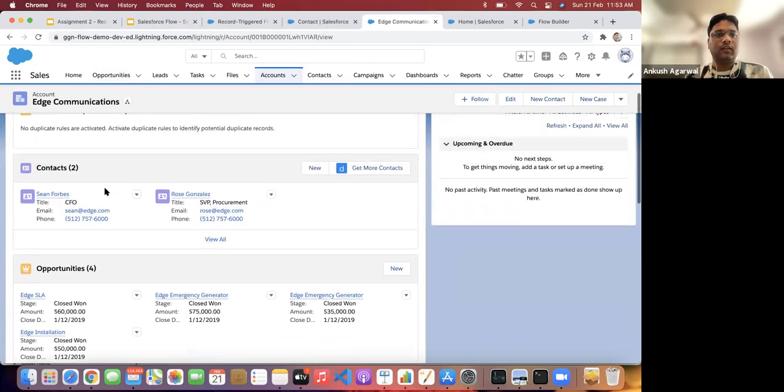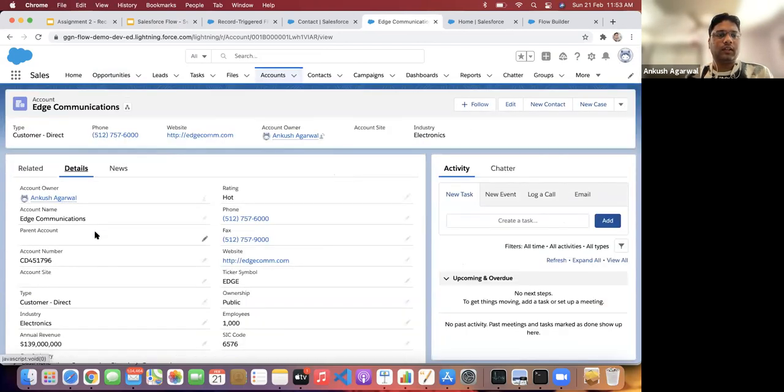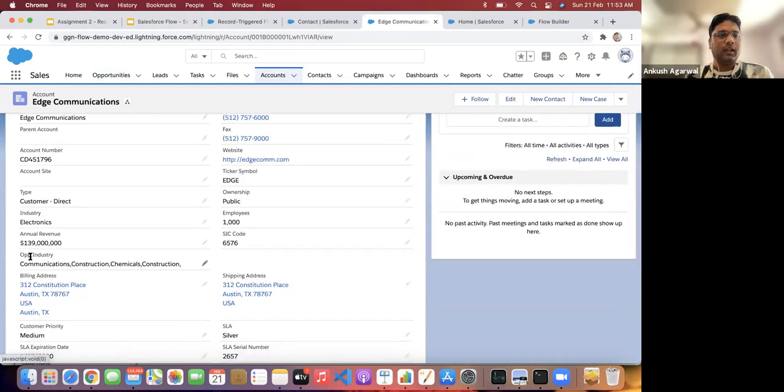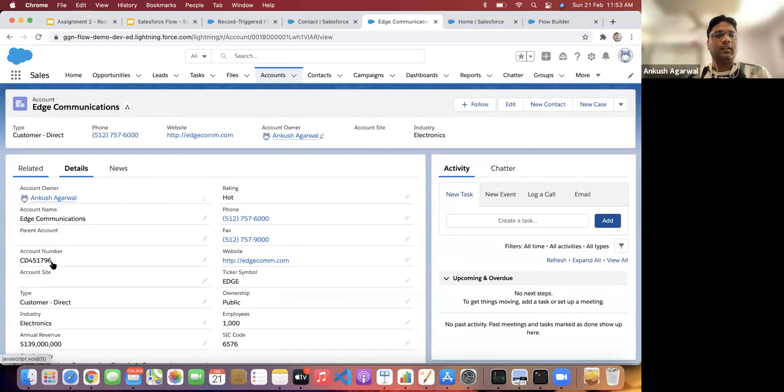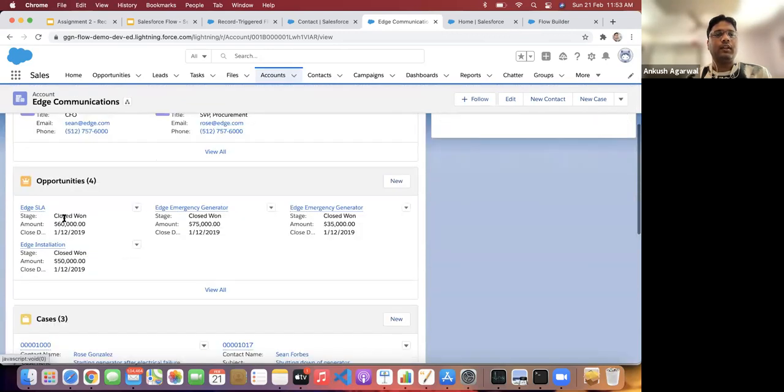If I go to the detail of this account and look at the opportunity industries, all 4 industries will come here with a comma, but I'll be using a space here. So our target is to update the opportunity industry with all the industries aligned with the opportunities which are in the closed won stage.